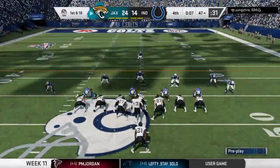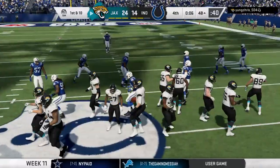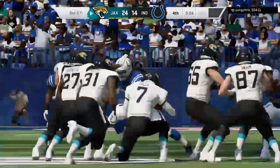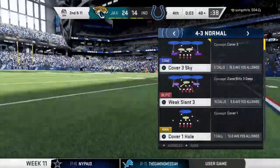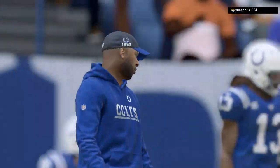Here we go. Down to a knee here. The defense still with a couple of timeouts. We'll see if they want to use them. A loss of a yard brings up 2nd and 11. So this will be a win for